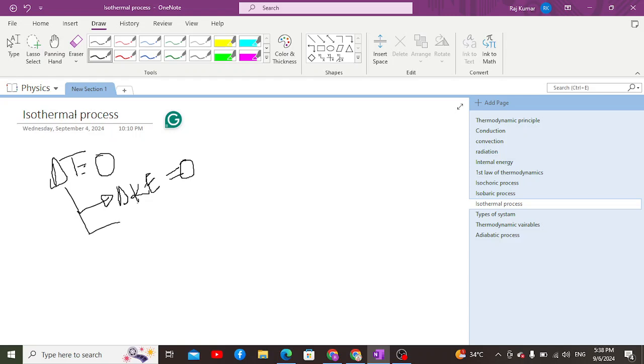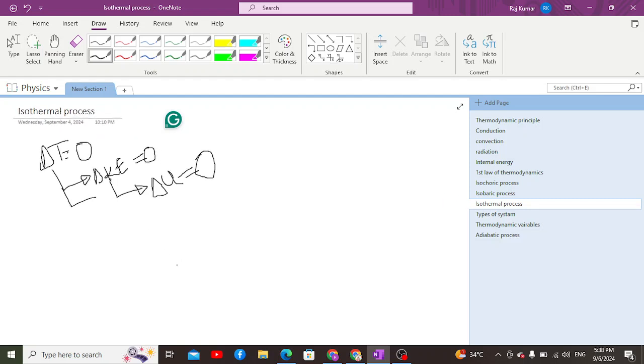And as a result of the change in kinetic energy being equal to 0, in ideal cases, what we are studying is in ideal cases, because KMT is all based on ideal conditions. So in ideal cases, del U would be equal to 0 as a result of the change in temperature being equal to 0. Due to no increase or decrease in the internal energy of the system, the heat provided to the system will be utilized directly in doing work.